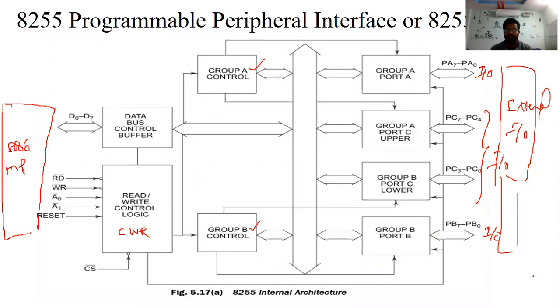The read and write control logic controls each and every device connected to this 8255 PPI. Who gives the commands to it? The microprocessor gives the commands to this 8255 PPI, and accordingly a port works as an input port or output port.